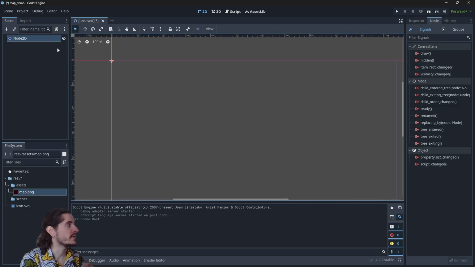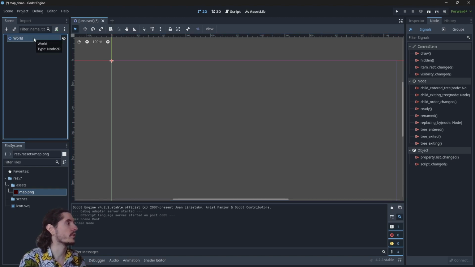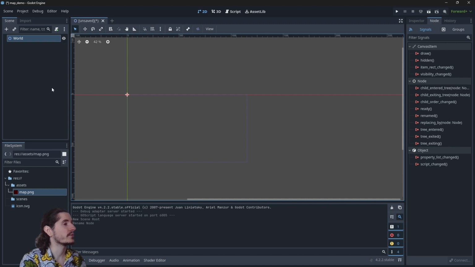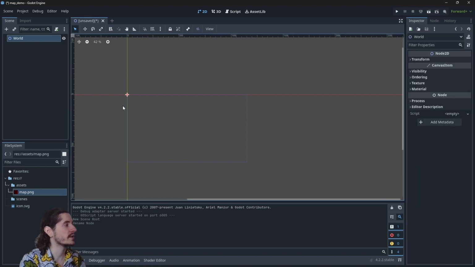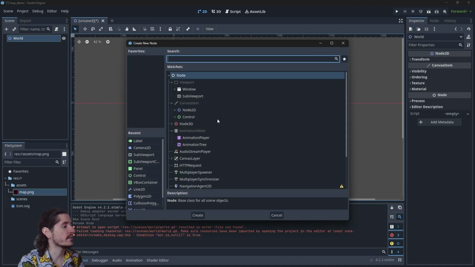So first we will create a 2D scene like this, and we will rename it world, okay? So the purpose of this node is only to provide a node container for the rest of what's going to be in the game. So we have a map, okay, and we want this map to be what we will be working with. So in order to bring this map to the world, it is necessary to create, oh wait a second,